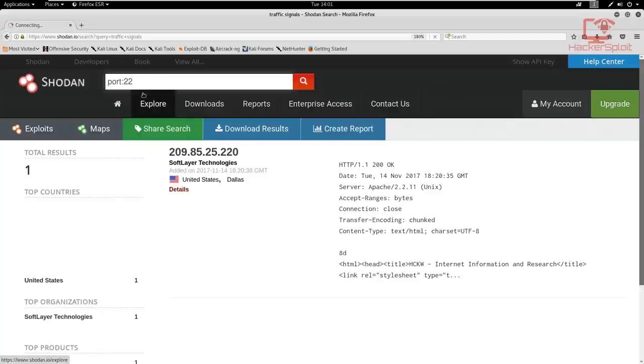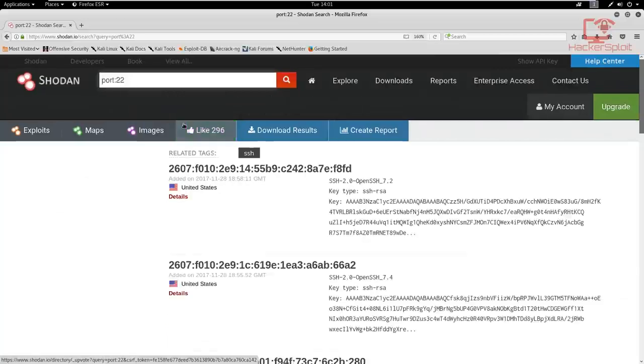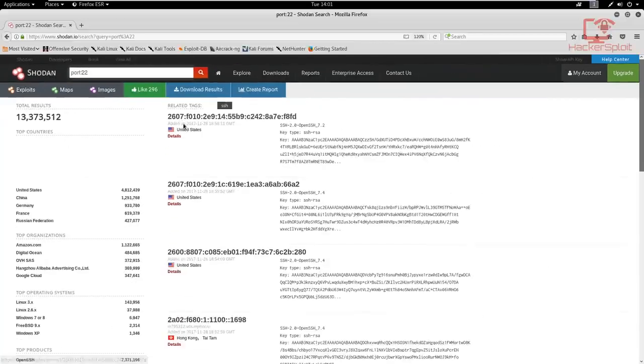All right. So let's try that right now, which we know port 22 is SSH. All right. So port 22. And immediately we know we're correct because it's going to display about 13 million results. Freaking awesome, man. All right. So most of them are in the United States, about 4 million. We have China. It'll give you the service. So it's running SSH 2, OpenSSH 7.2, key type, the SSH RSA, and it gives you the actual key here,